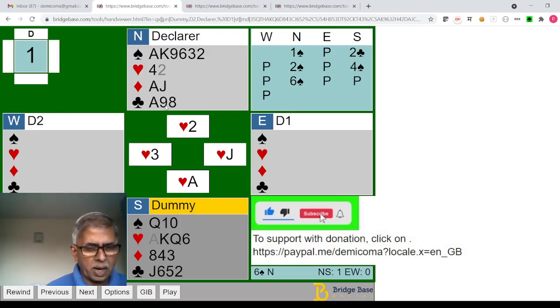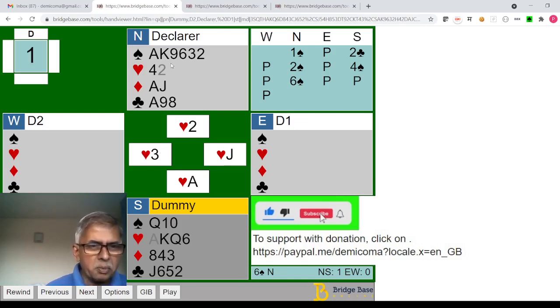Now, if 9 of clubs, East from queen 10 plays 10, you simply play jack and hope to drop the queen on the next round, or if you so believe, after playing trumps and diamond ace, let us say, and heart king queen, if you believe that East started with singleton 10 of clubs, then you can finish against West's remaining holding.